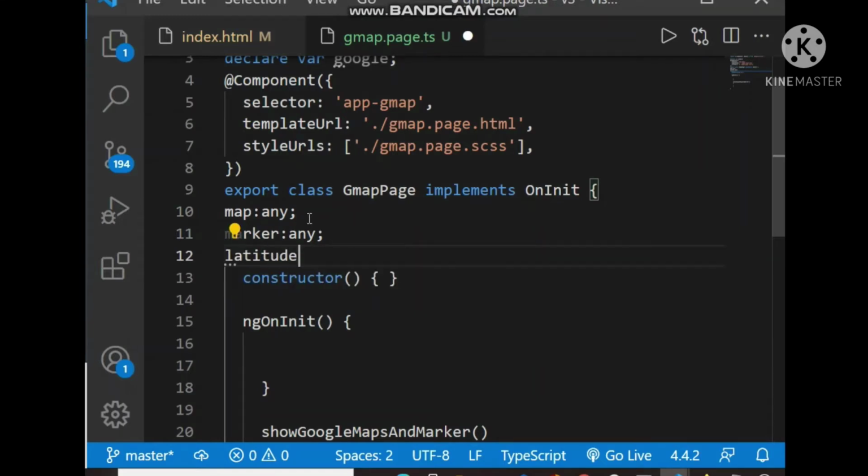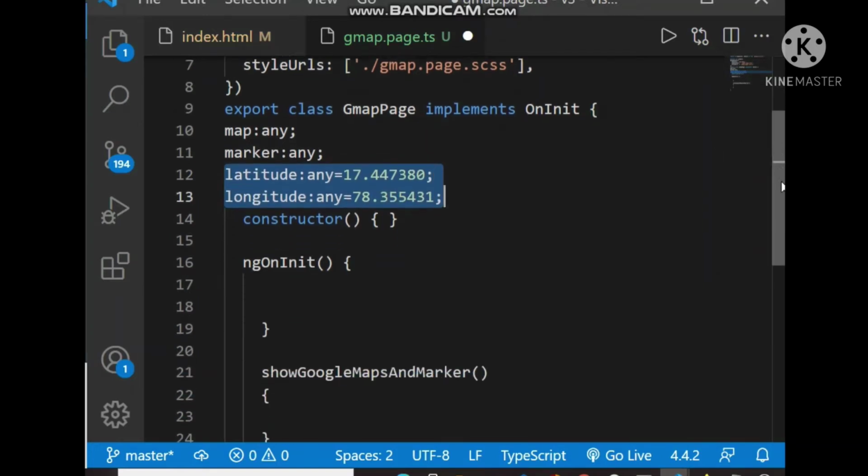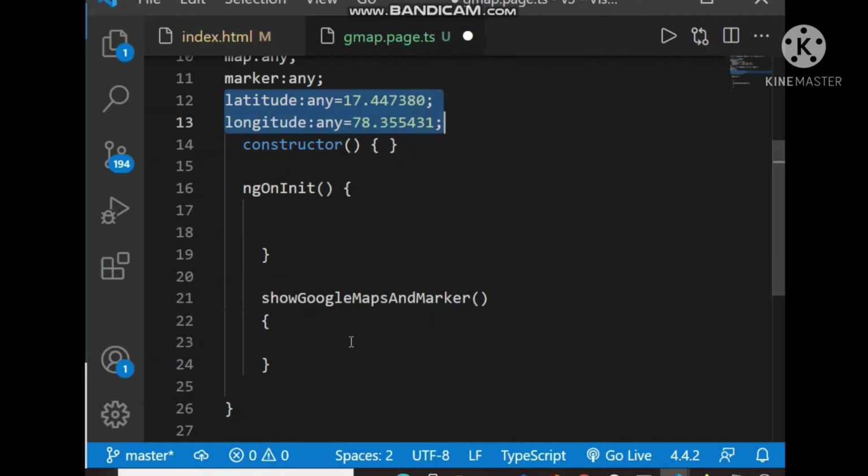So latitude, longitude. So this is the GPS coordinate lat long, and we will use this lat long to plot the map. So let's come inside Google Maps and marker.